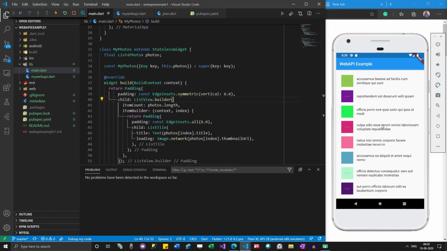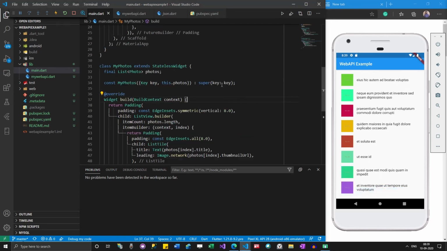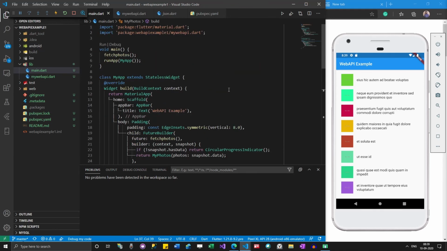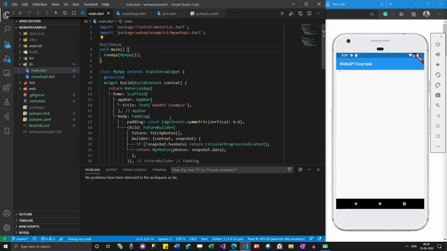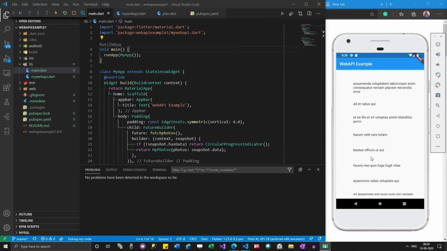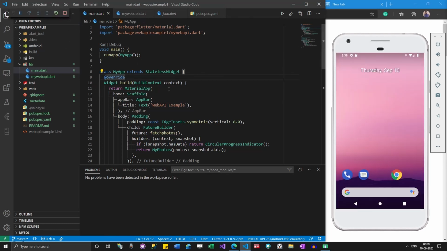So now you are able to read the items from the web API. Let me remove this part as well. You can see if it works fine or not. Okay, everything is working fine. Let me stop it altogether and then just run it.